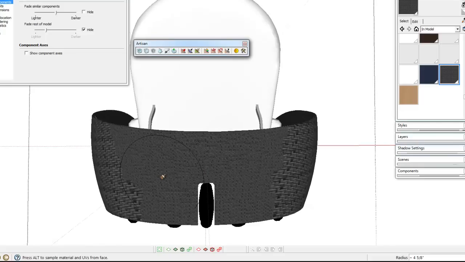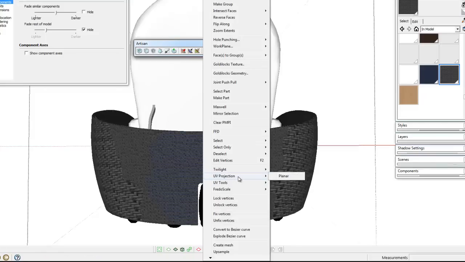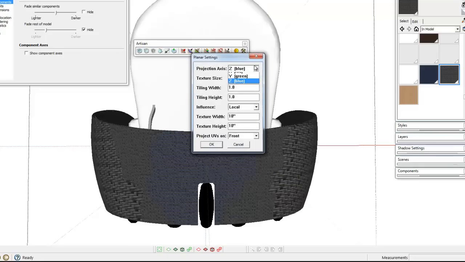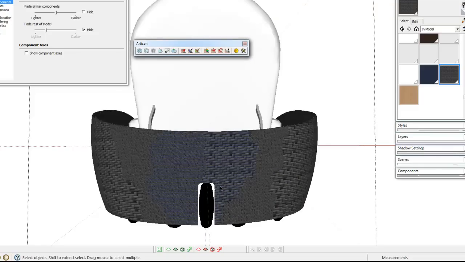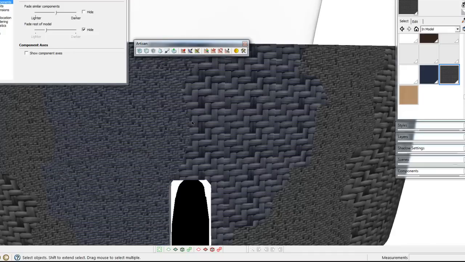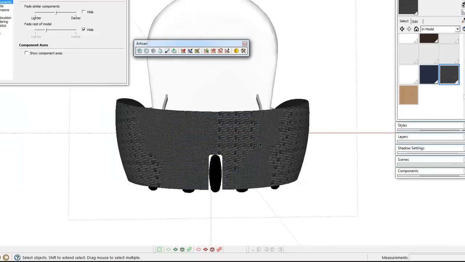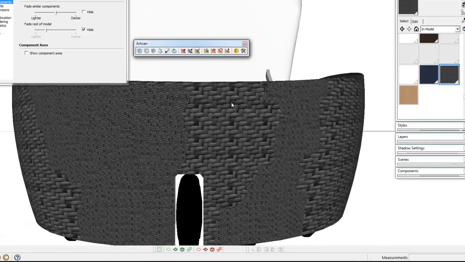What I want to do now is do something similar as I did before. Do the exact same thing. I'm going to grab the select brush. I'm going to just sample a portion here. I'm going to use the UV projection and switch this to the green axis and hit OK. Deselect. I'm going to grab my paintbrush, hold Alt, sample this area,